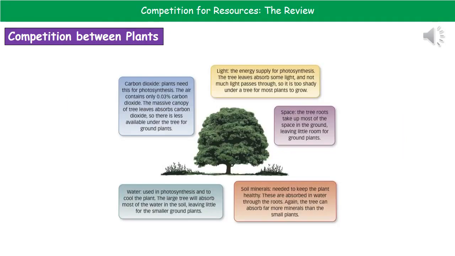So if we look at competition between plants first of all, we've said that they need a variety of different things in order to actually survive, and therefore they will compete for those things. So if we start off with light first of all, the reason our plants need light is because of photosynthesis. So what we find is that if it's too shady, then the plant won't get enough light, therefore it can't carry out enough photosynthesis,